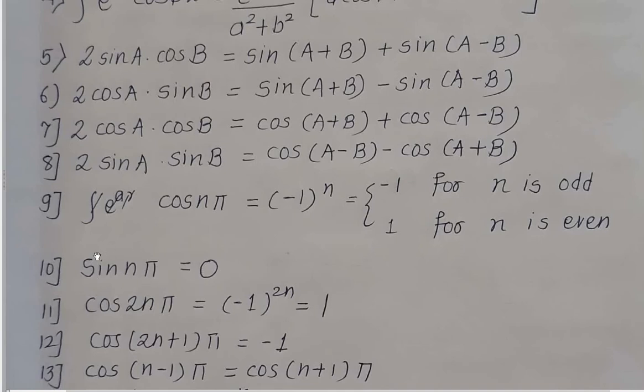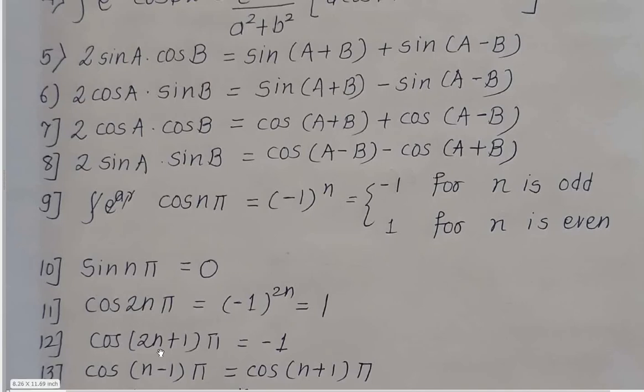So in general, sin n pi is equal to 0. Then cos of 2n pi, same formula, in place of n we have 2n. So it is (-1) to the power 2n. Now whether n is even or odd, for both we will get an even number because it is 2 multiplied by n. If n is equal to 1, we get 2. If n is equal to 2, we get 4. So we are getting all even numbers, which means the value of the answer for that function is